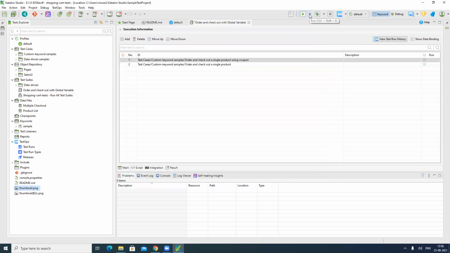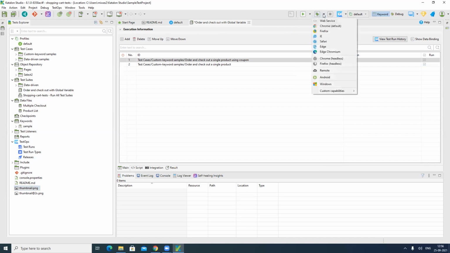The next is the run button. You can run your test case in any of the different browsers. You can run your script in the remote. Remote means if you want to run on another machine, or you want to run your script in a cloud like BrowserStack or SauceLabs, you can run your script there as well. So you can run in different browsers.